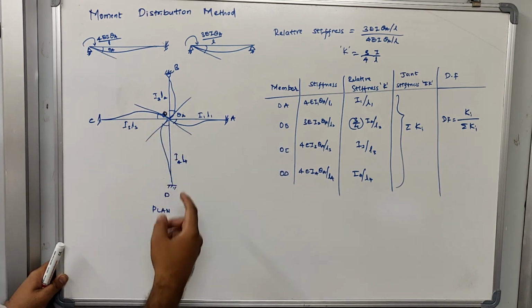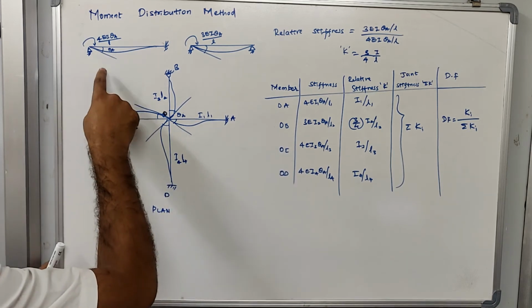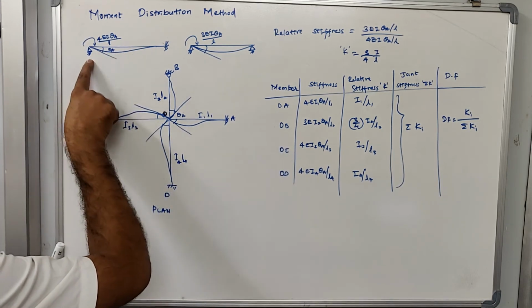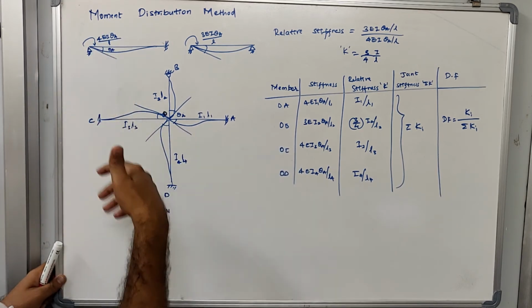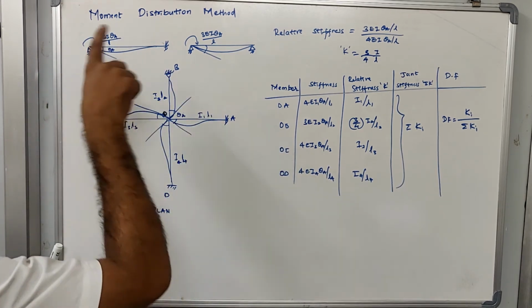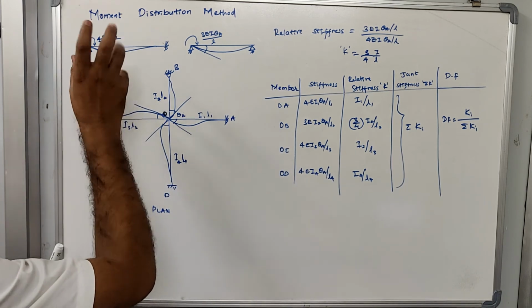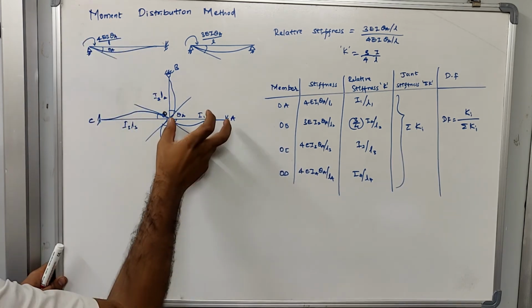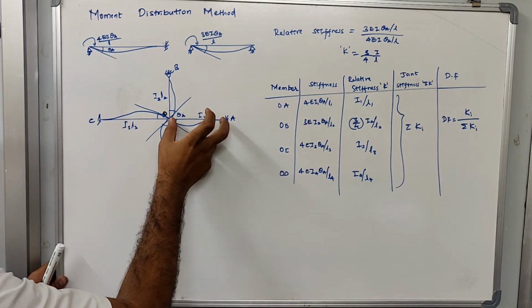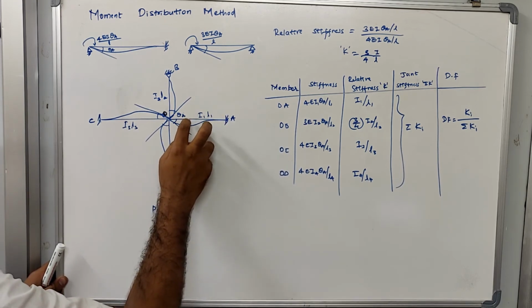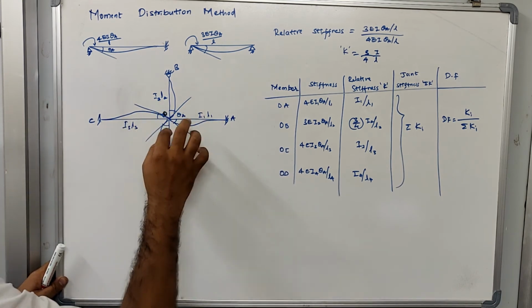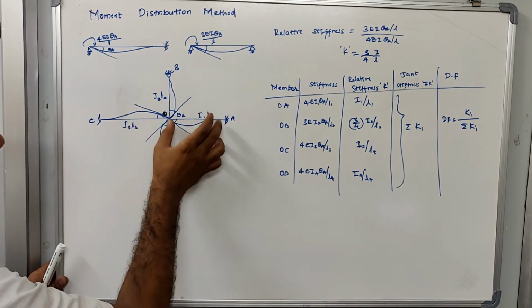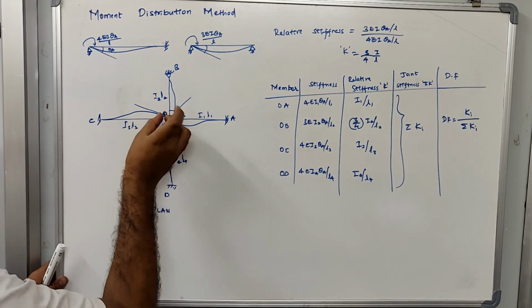Okay, so here if there is only one member, the stiffness of that joint and the stiffness of that member is represented by this value itself. But when it is connected by two or more elements, the joint stiffness is not equal to the stiffness of any given member, right? So here the stiffness of this member may be 4EIθA divided by L, but the stiffness of this entire joint is not the same. The stiffness of this entire joint is dependent on the number of elements that are connected at this joint.